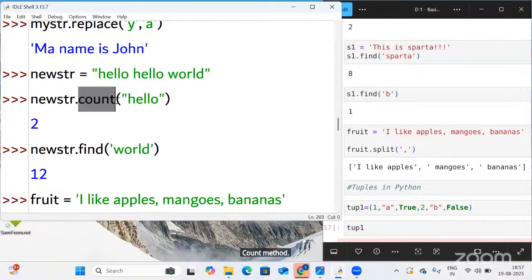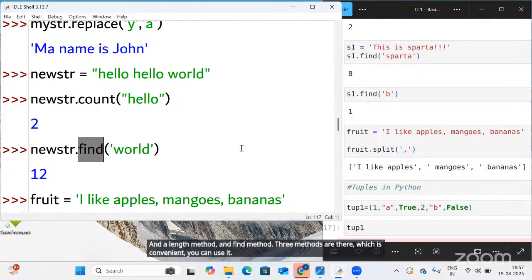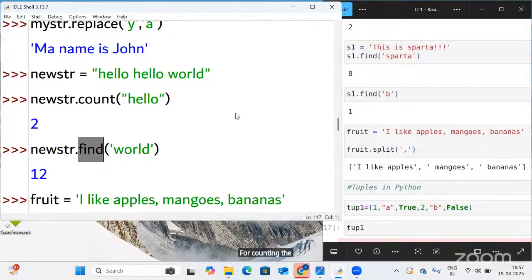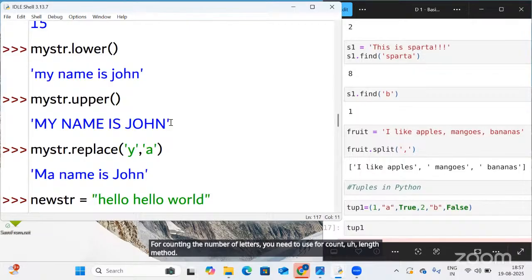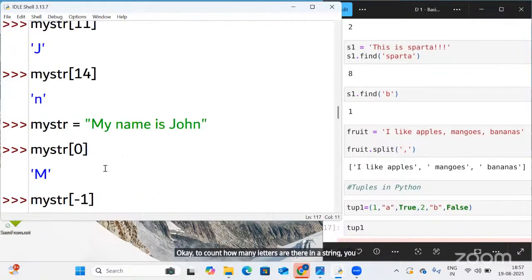Using the count method, length method and find method, three methods are there. You can use whichever is convenient. To count how many letters are there in a string, you need to use the length method.